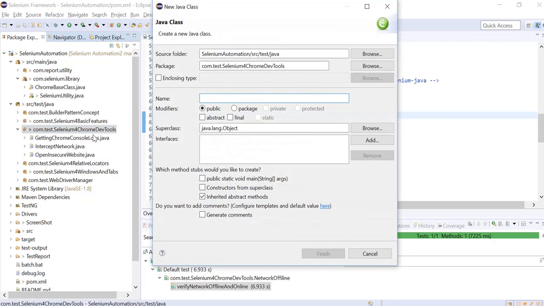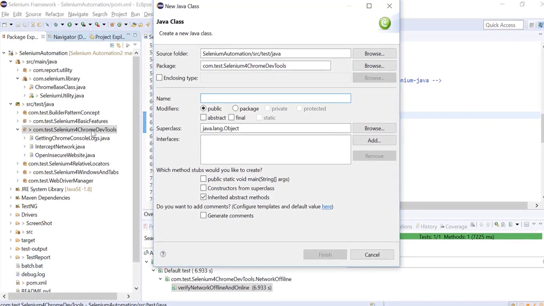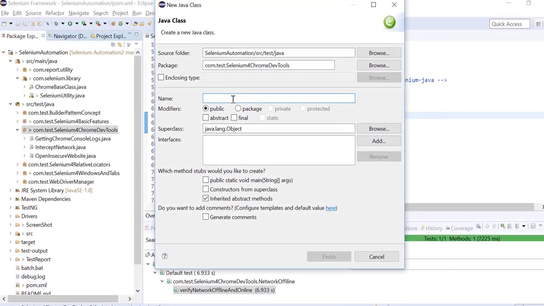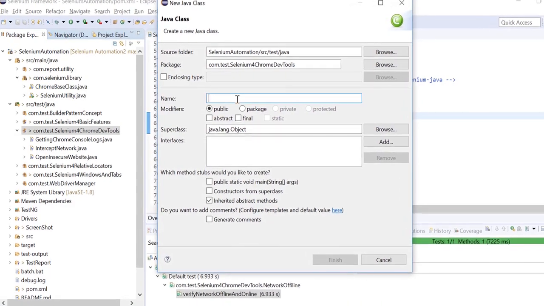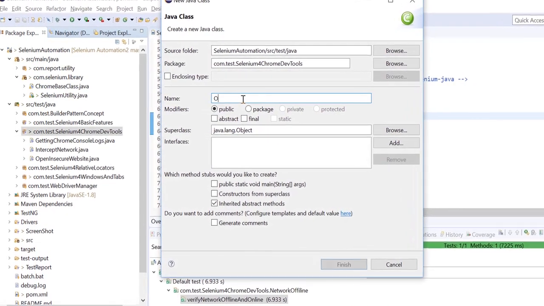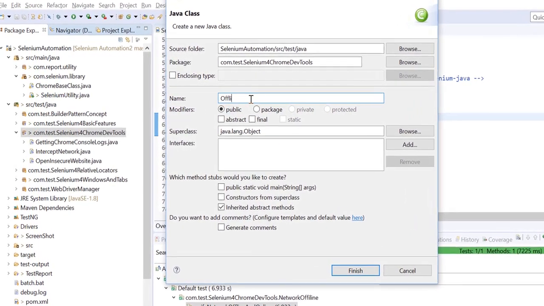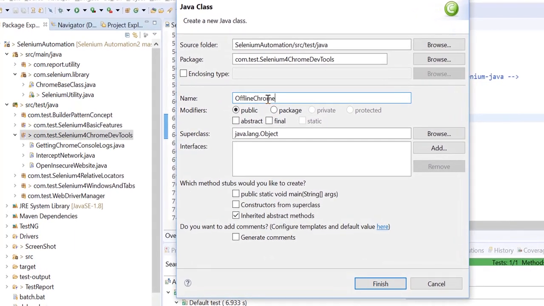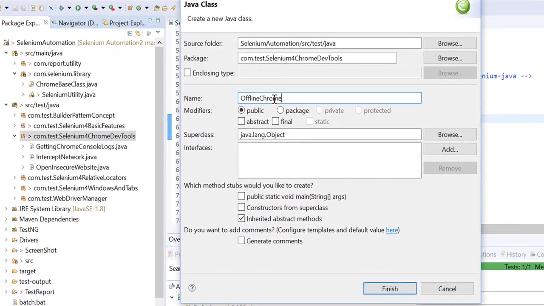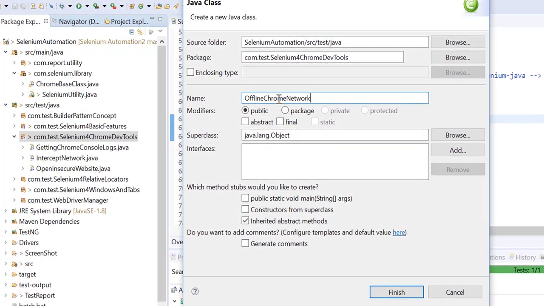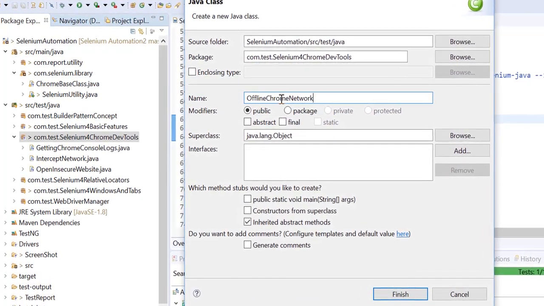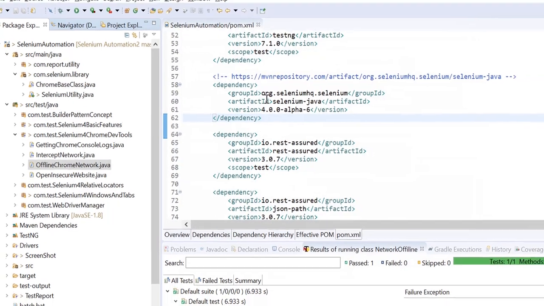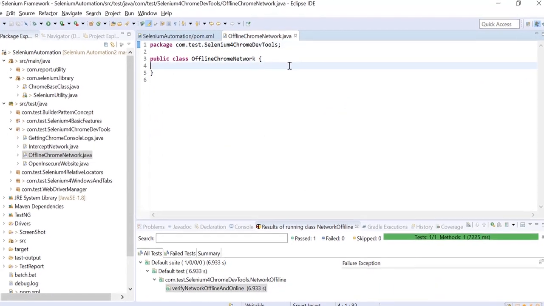This is a package, Selenium 4 DevTools, and here I am talking about the offline network. I'll name it offline Chrome network. Okay, let me create a class.